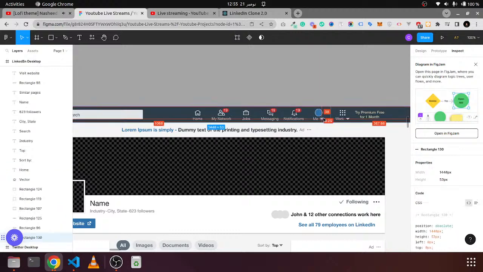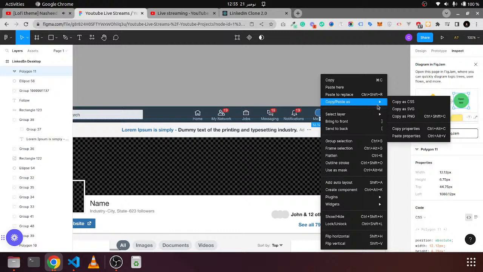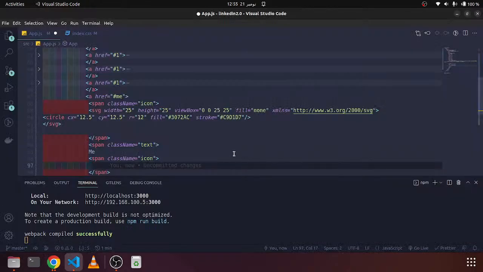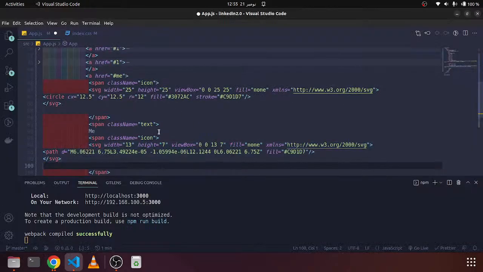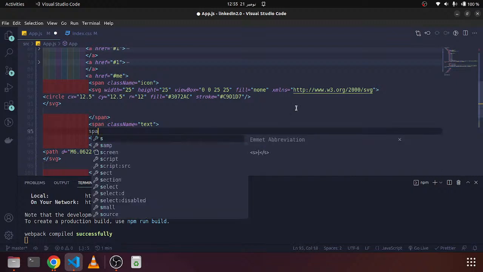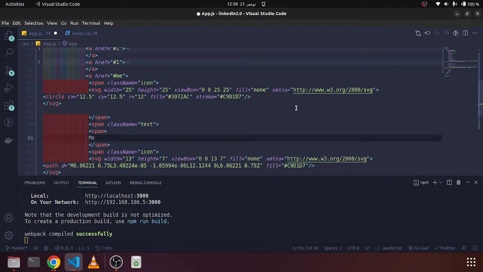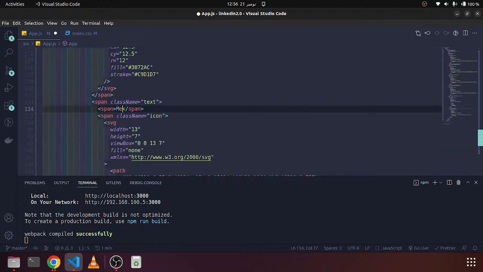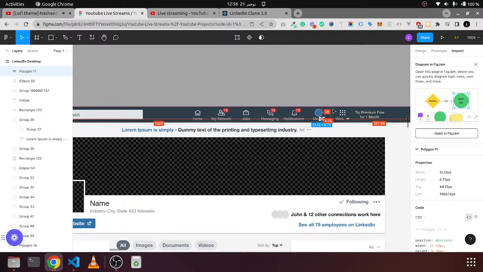It is not selected, now it is selected. Let's copy that, copy as SVG, let's place that here. And by the way, this text should also be within this span, so I should say span here. And now we have this thing, so I can copy that,